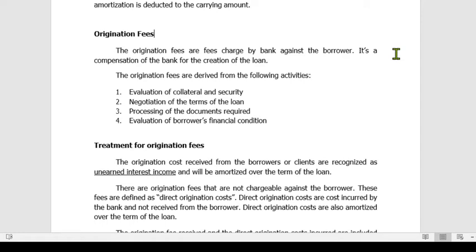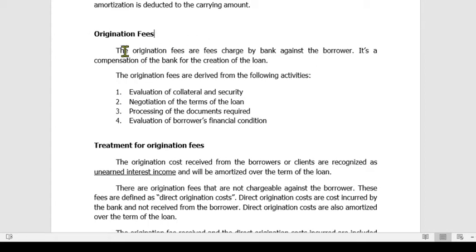Next, evaluation of the borrower's financial condition. So, normally, yung mga CI ng mga banks and financial institutions, they conduct credit checking across the other financial institutions. So, ini-establish nila yung capacity ng borrower. So, lahat ng costs related doon are part of origination cost. Ngayon, kung ang origination cost na yan, lahat ng mga items, for example, evaluation, negotiation, processing, and evaluation of the borrower's financial condition, itong apat na ito, are chargeable against the borrower, kung sino yung nangungutang, it is considered